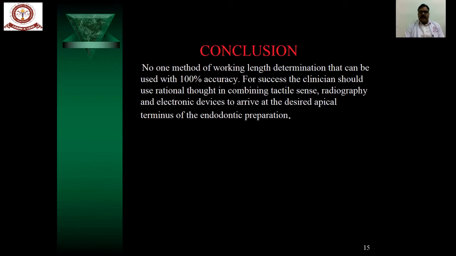It's not that the radiographic method alone will give you 100% success. So you can always use an electronic apex locator in combination with your radiograph to achieve 100% accuracy in working length